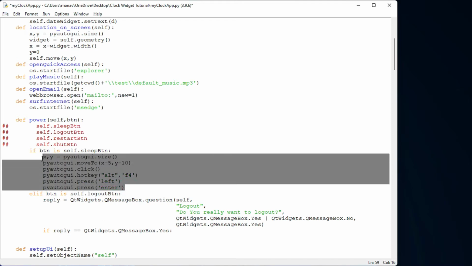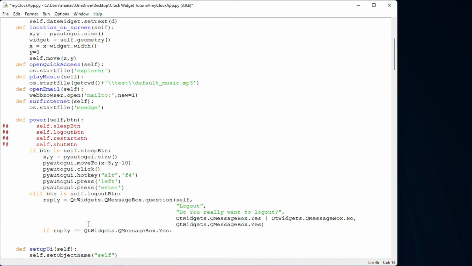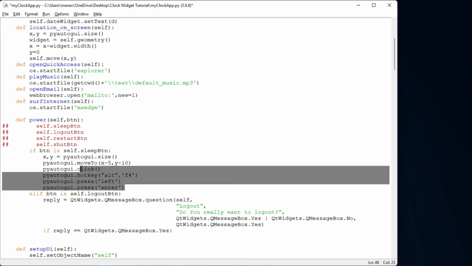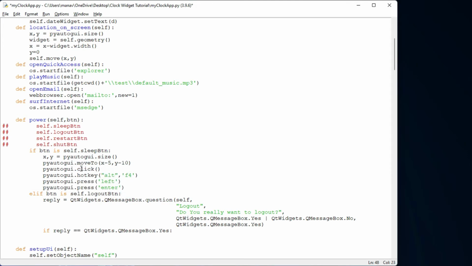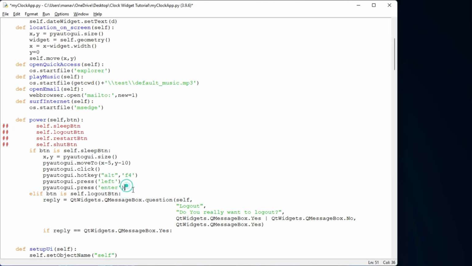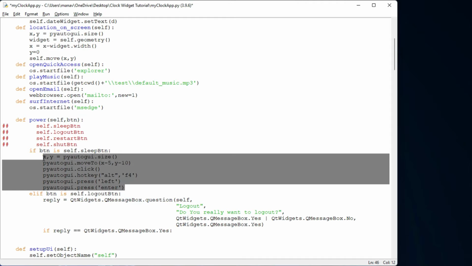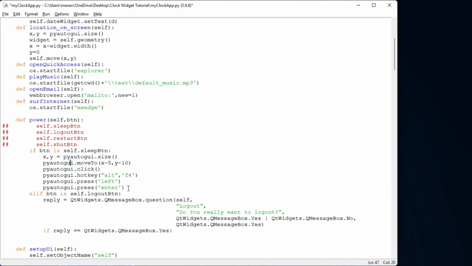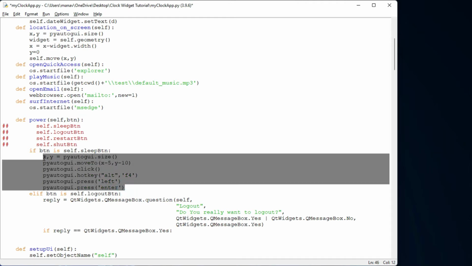I can use it like this also for the logout, but I have the predefined methods for shutdown, logout, restart. I also have a method for sleeping, but I found that in some computers sleep mode is not there, it is hibernate. So if I use that method, your computer will go into hibernate mode. That's why I'm not using that one here. If your computer has hibernate in place of sleep, then this will also trigger the hibernate.